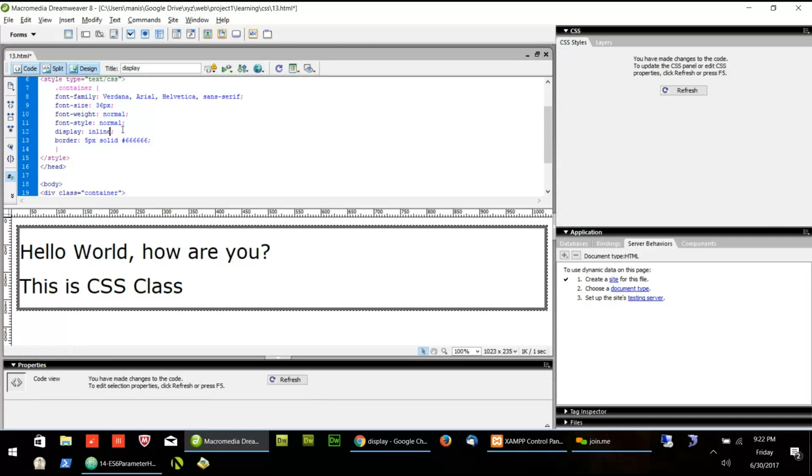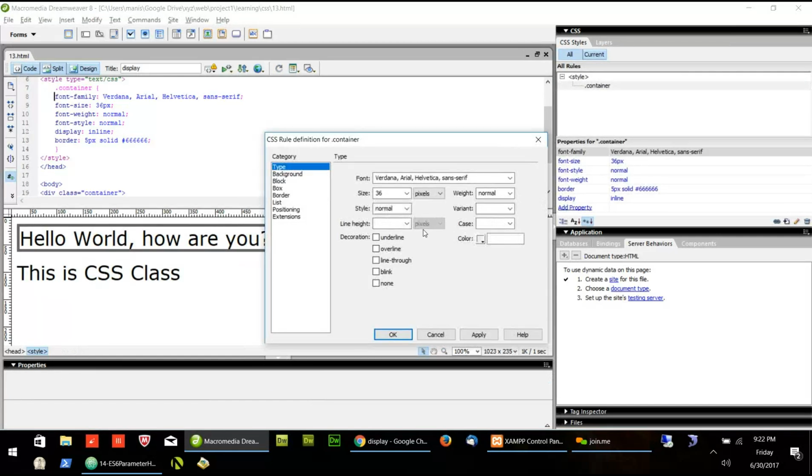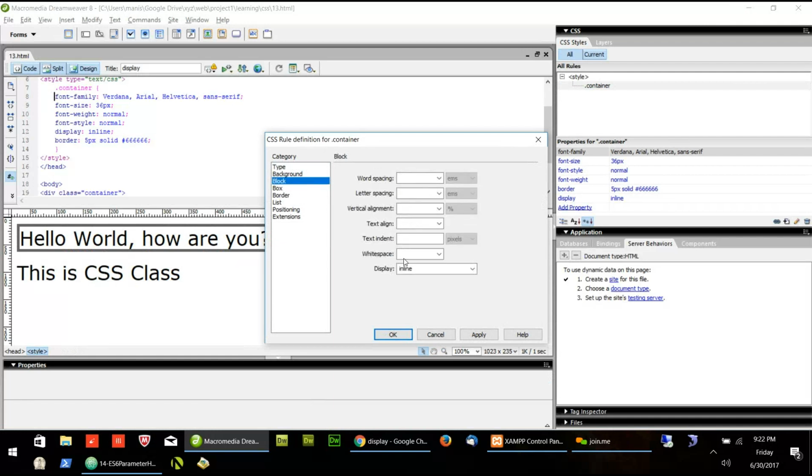I'm not sure of all the features of this display, but I'll get back to you whichever I missed today, because I haven't gone through each and every item, but I will go through each and every item some other time.